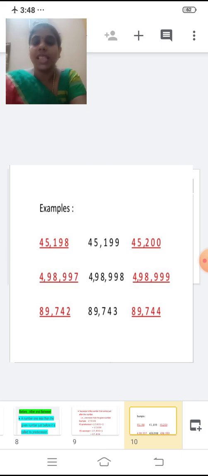4,98,998. Now tell me, children, what is the predecessor of the number 4,98,998? To find the predecessor, you have to subtract 1 from the number, right? Subtract 1 and tell me the answer now. Yes, 4,98,997 is the predecessor of